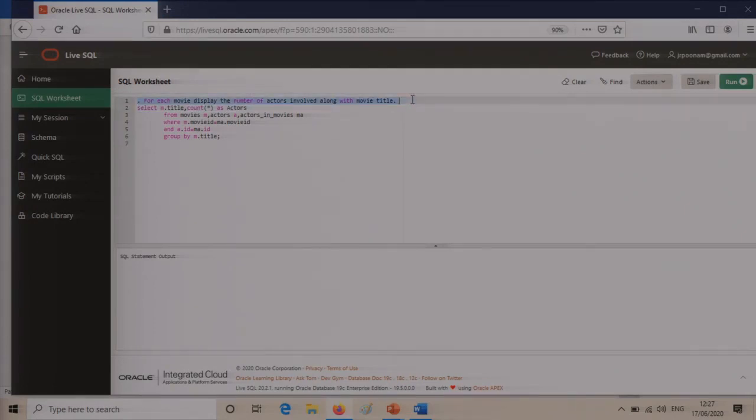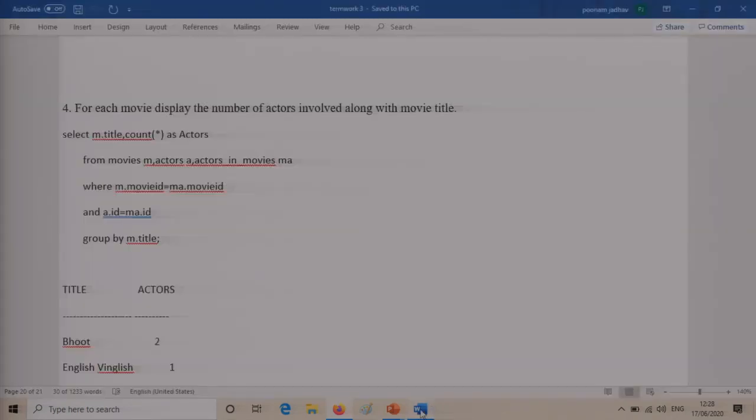This is the query. You can see the fourth query has been executed. I'll take you back very quickly to the question that was there: for each movie, display the number of actors involved along with the movie title.